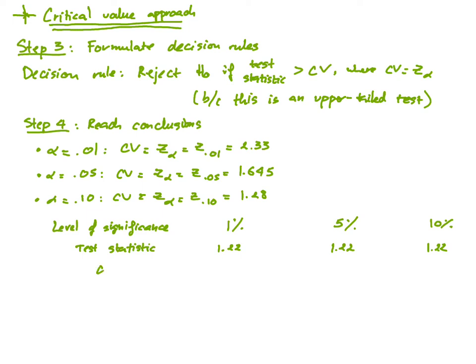The critical values are 2.33, 1.645, and 1.28. Remember that the decision rule is we reject the null if the test statistic is greater than the critical value. So our conclusion is that we do not reject the null